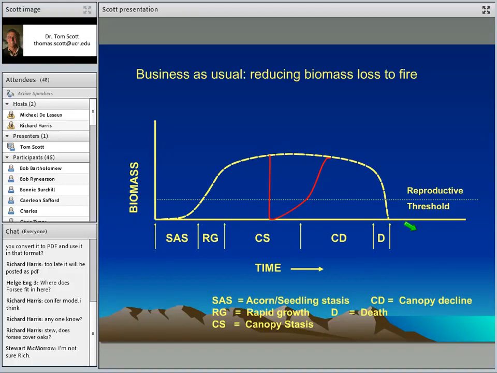and this is probably an area where we have a tremendous amount of questions, but I just wanted to show you to conceptualize it. If you think about, again, our individual tree and what an individual tree will do, at the moment of a fire, basically you can literally drop the biomass to zero. I mean, even the roots can burn in some cases, but if the roots don't burn, you may actually see recruitment again, and you'll see resprouting, and then the tree at some point will rejoin where it would have been.